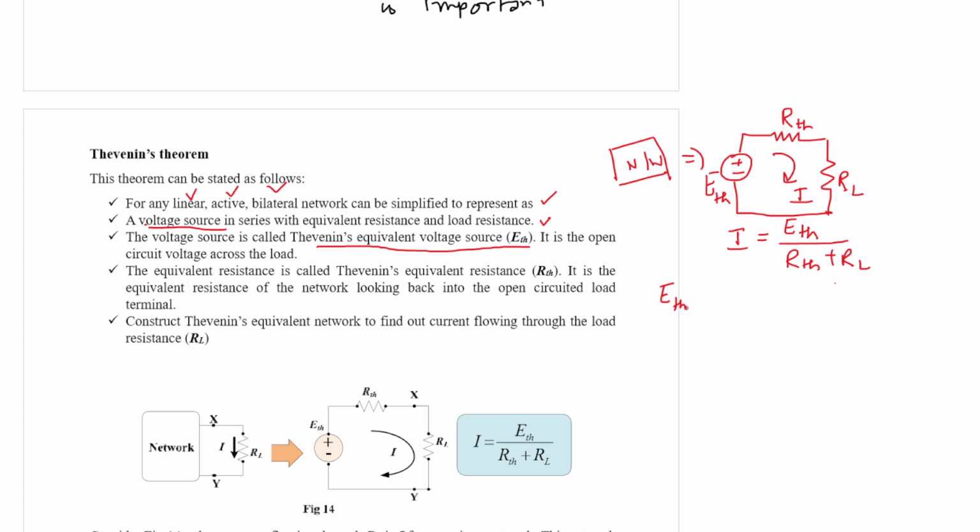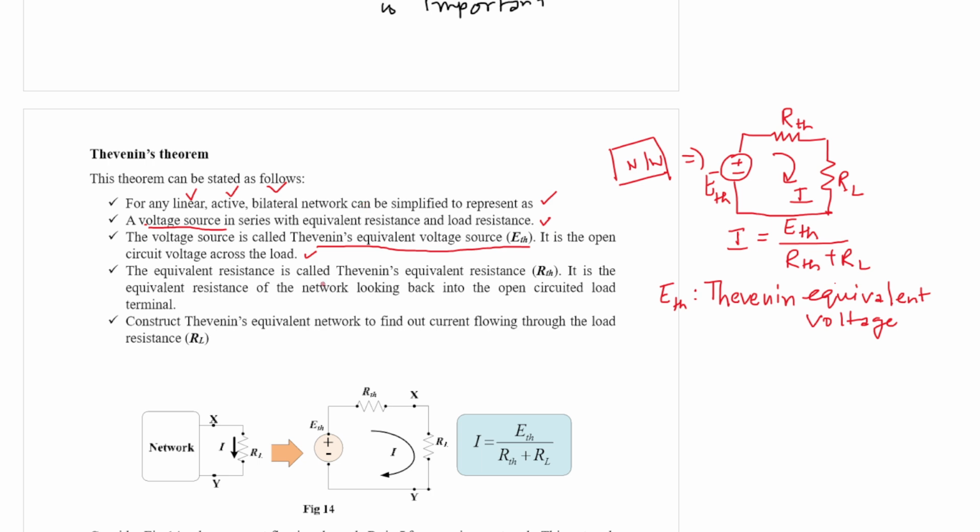ETH stands for Thevenin equivalent voltage. Now what is the definition of Thevenin equivalent voltage? It is the open circuit voltage across the load. So when you have the load, you should open it. Whatever voltage appears across the load is called